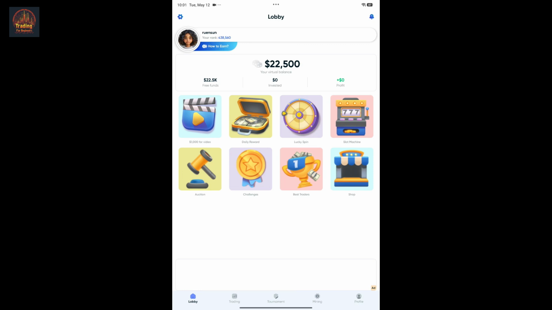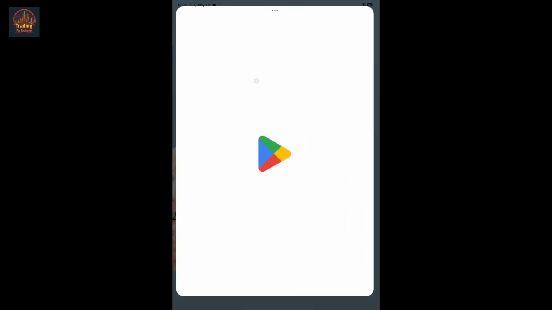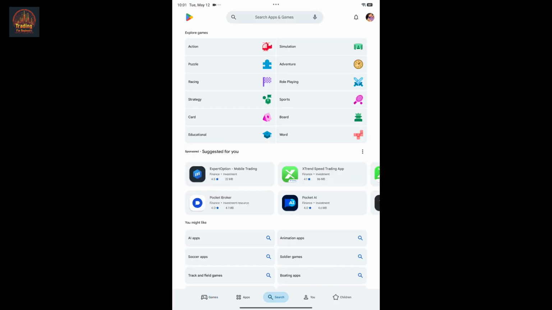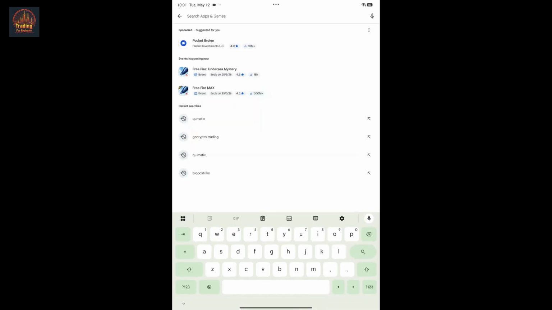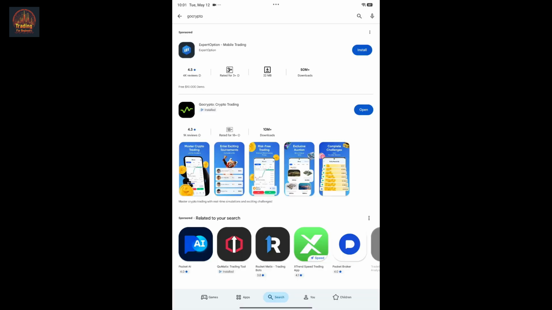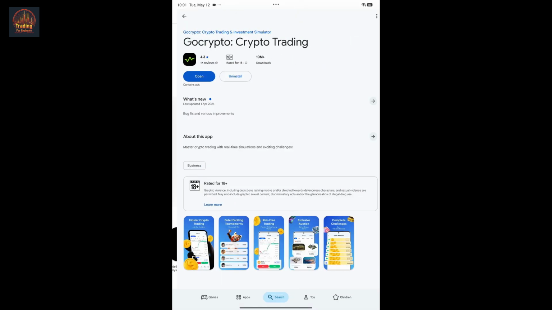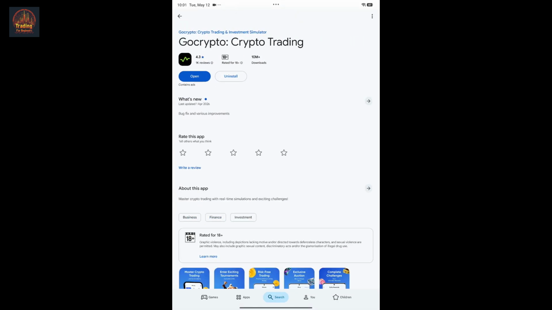First of all, make sure that you open up your Google Play Store or App Store, and in the search bar at the bottom center, tap the search button, go to the top of the screen and type in GoCrypto. Once you search for the application, click on the application, this one over here, and look if there is an